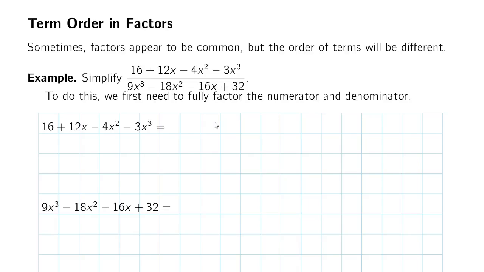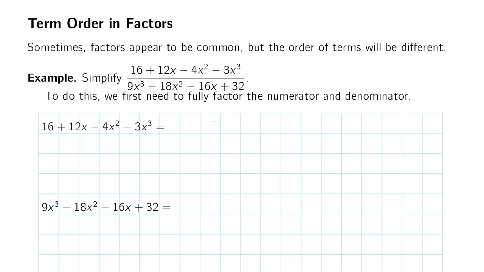Sometimes when we're trying to simplify a rational expression, or work with rational expressions more generally, we'll come across a situation where we have factors that appear to be in common, but the order of the terms is different. And this is something we have to treat a little bit carefully. So, to see an example of this happening and think about how to treat this, let's consider the rational expression